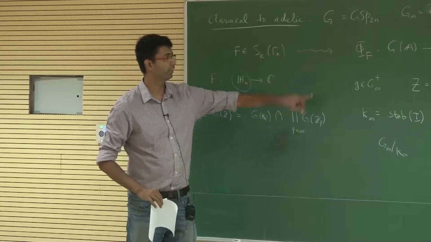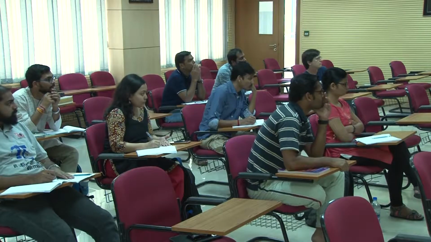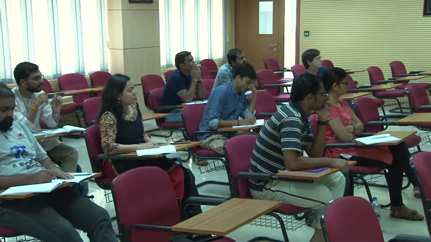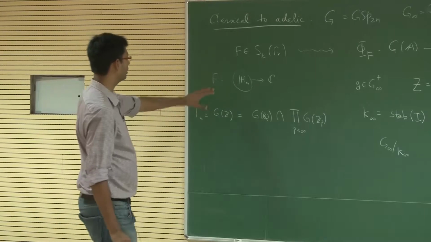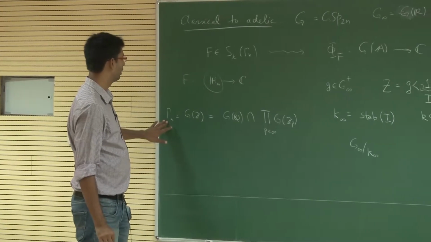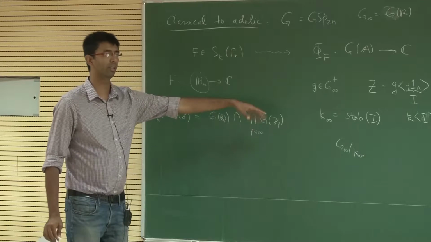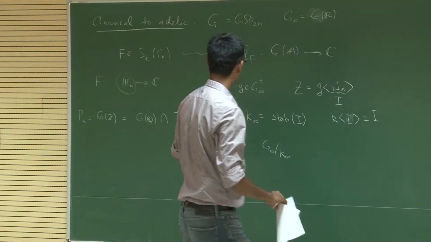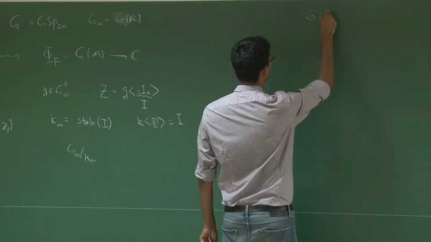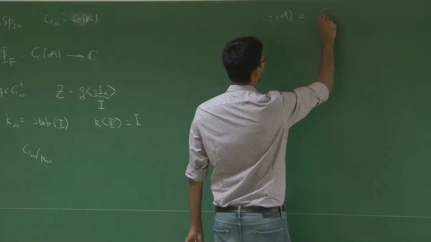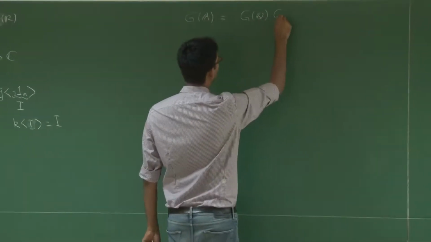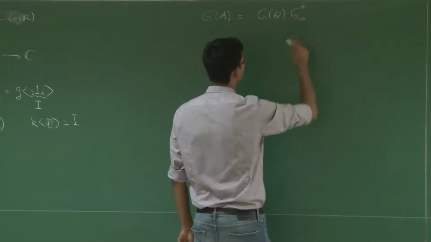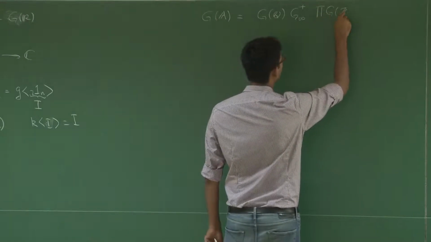P equal infinity is your R, and for P less than infinity is your periodic field Q_p. So, basically, if I want some kind of a property on gamma n, I want the GQ and the product GZp to be kind of quotiented out. In a certain sense, what this tells us is, look at the following. Write GA as rational matrices on the left, G infinity plus in the middle, and product GZp on the